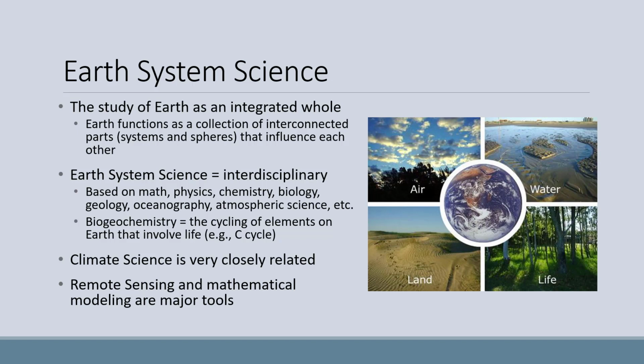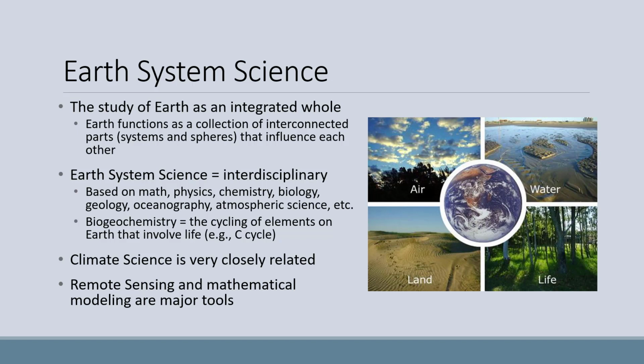There is an interdisciplinary science that is an important part of Earth system science, or Earth science, called biogeochemistry, which is the cycling of elements on Earth that involve life. The carbon cycle or the nitrogen cycle are examples of biogeochemical cycles. There are biotic and abiotic transformations of compounds that contain those elements, thus cycling them. Climate science is also a very closely related field. Finally, due to the size of the Earth, remote sensing, including satellite imagery and mathematical modeling, are major tools for